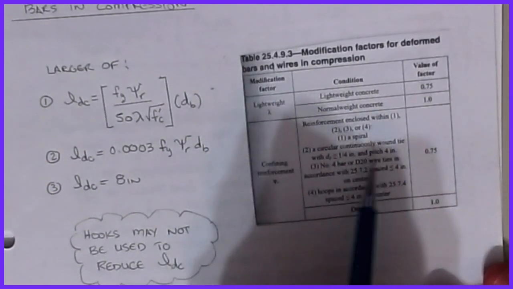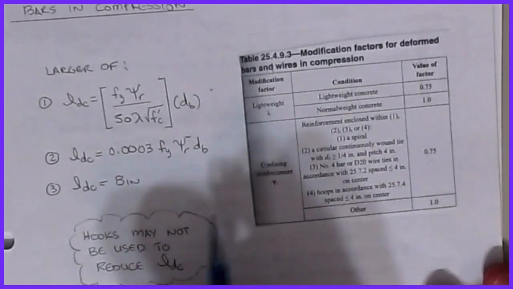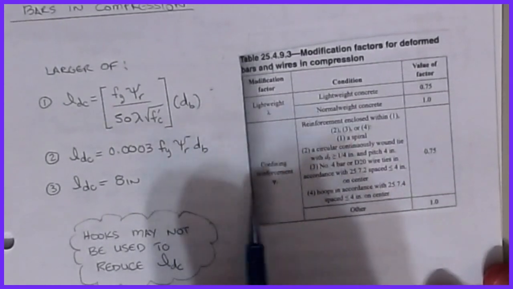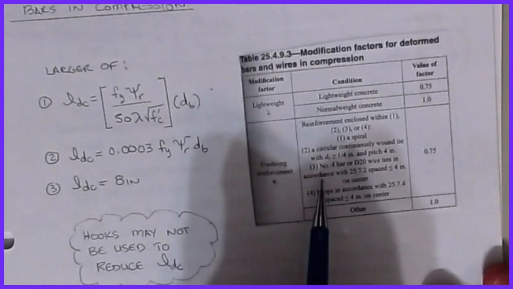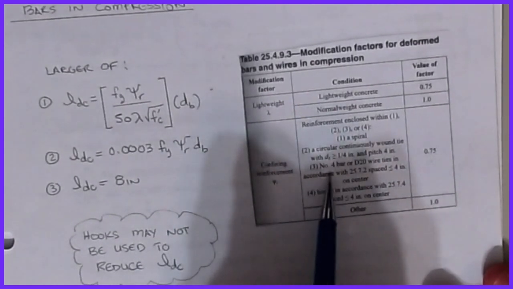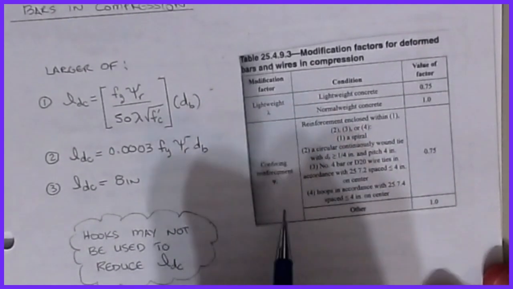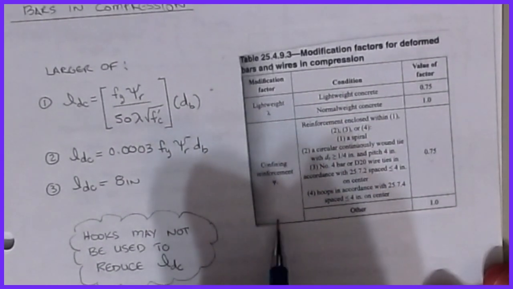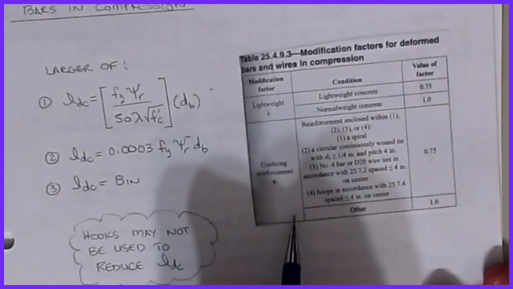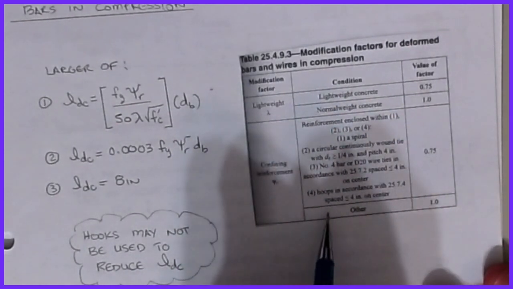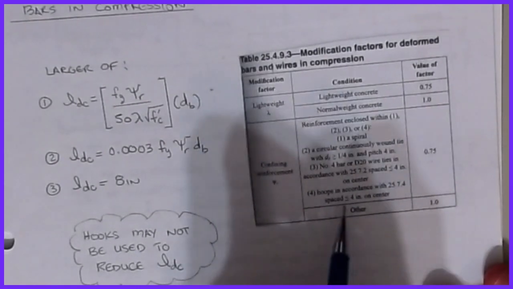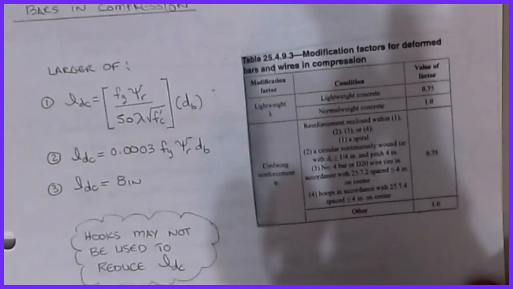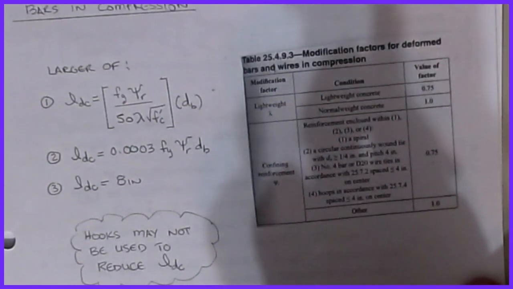If you have a circular, continuously wound tie with bar diameter greater than 1/4 of an inch, so larger than a number 4, and a pitch of 4 inches, or a number 4 bar or a D20 wire ties in accordance with this provision that are spaced at less than 4 inches, or hoops in accordance with 25.7.4 spaced at less than or equal to 4 inches on center. Basically, if your stirrups are less than or equal to 4 inches on center,